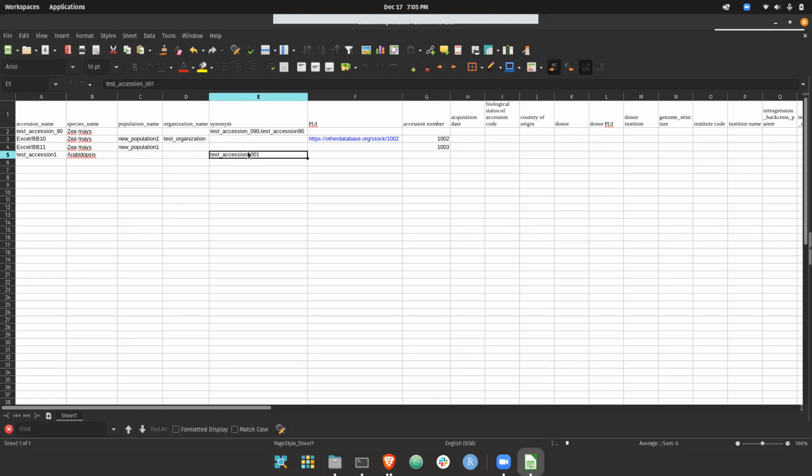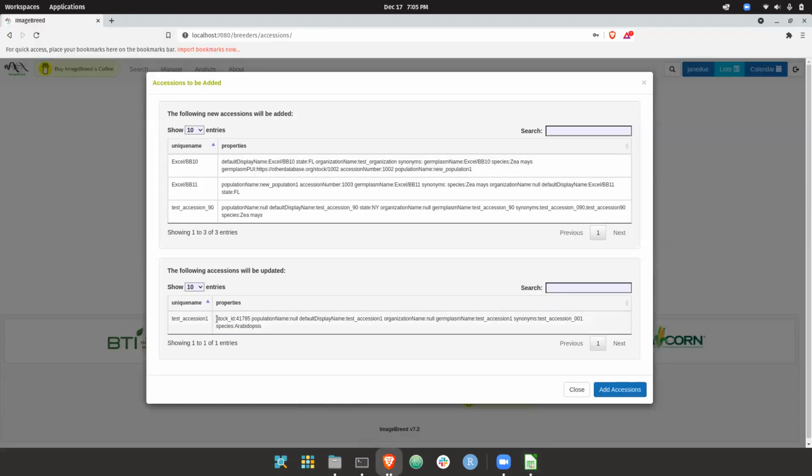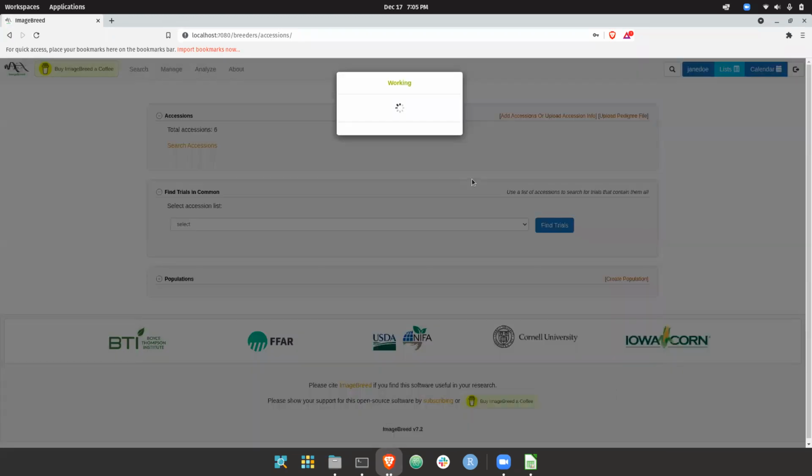I could add or edit any of the properties for this accession through this upload. And those properties would show up here, and the properties that are being saved for these new accessions are also listed. So then if I click add accessions,